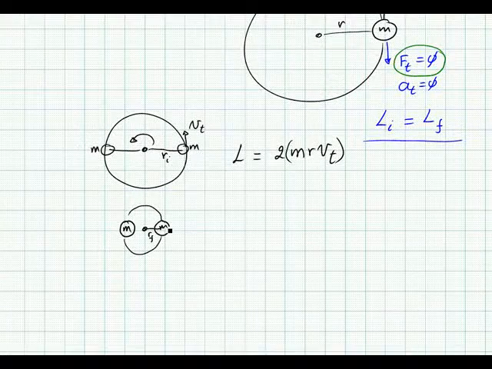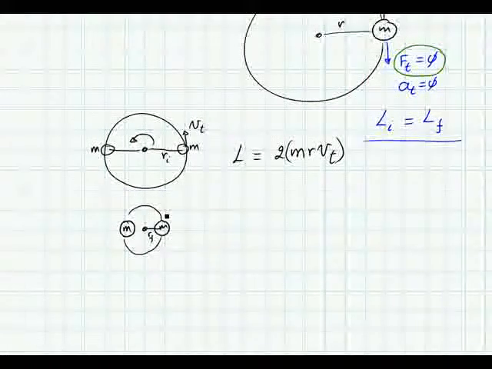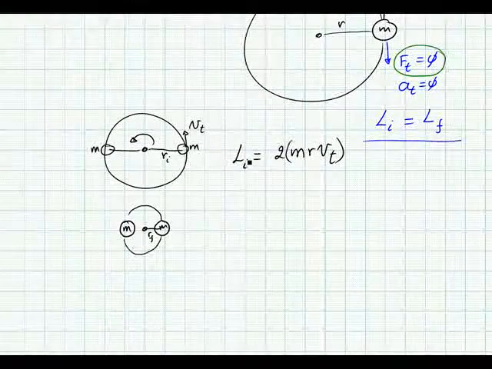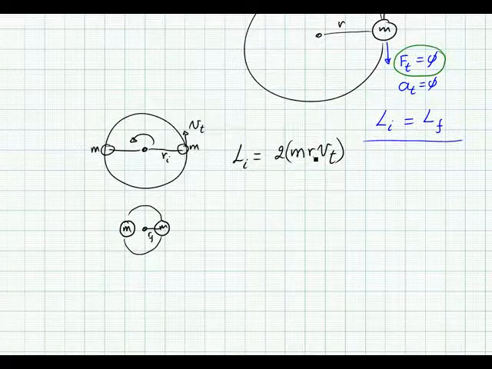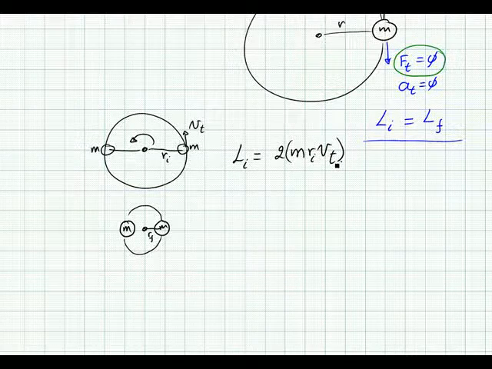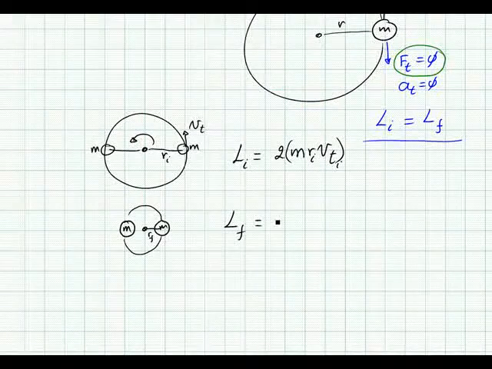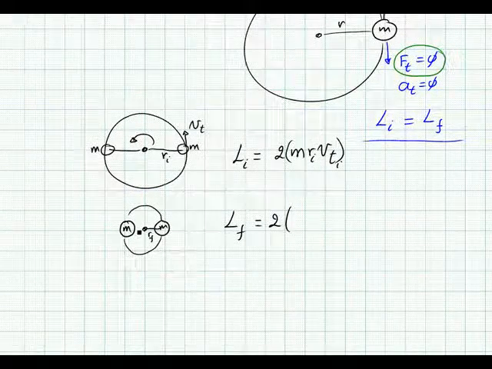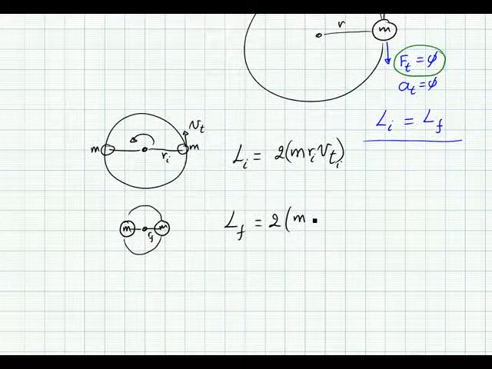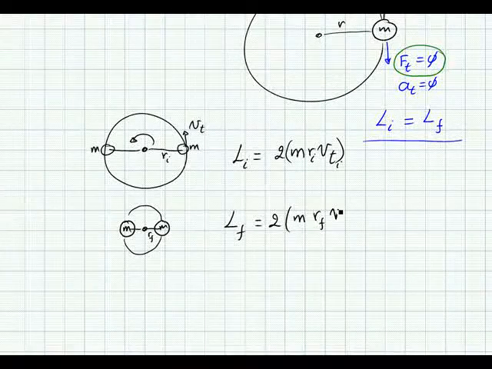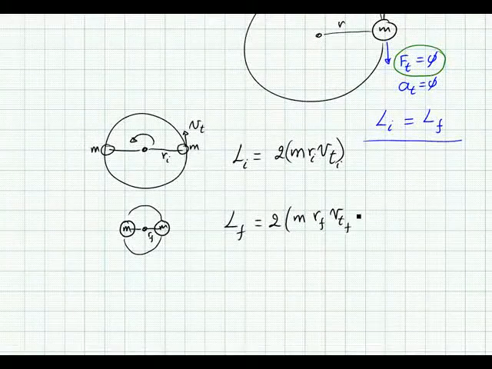Masses haven't changed, and so this would be angular momentum initial, this is r initial, and v tangential initial, of course. Now angular momentum final would be 2 mass r final times v tangential final,